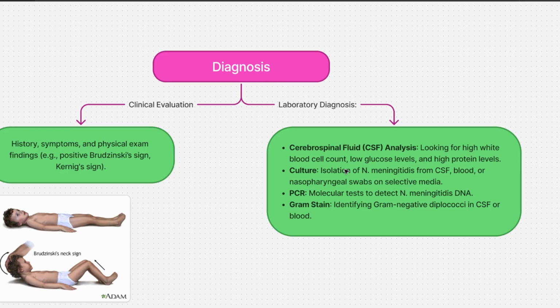After isolation from the sample, whether that be CSF or blood, or even a nasopharyngeal swab, we can place it on a culture. We can also do PCR or polymerase chain reaction, where we can test for the DNA of